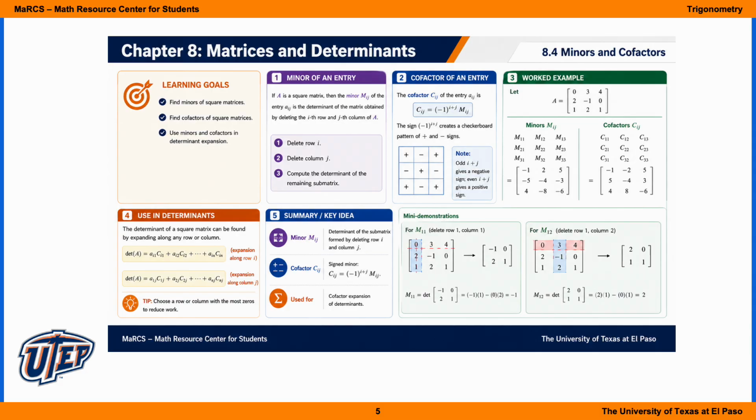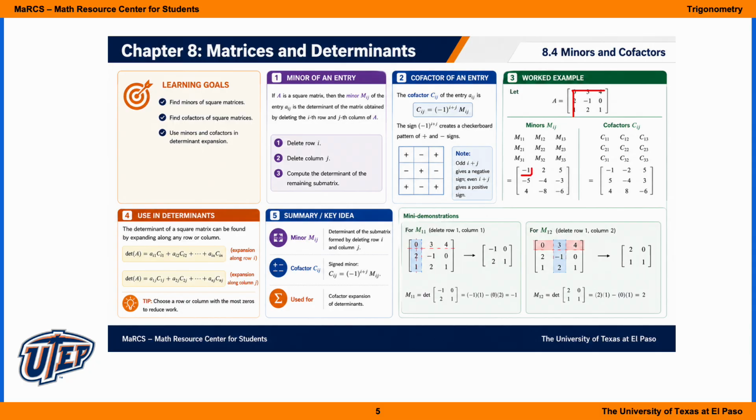plus and minus signs. So here we're given an example where A is a 3x3 matrix. So I will go through finding a couple of the minors and the cofactors. So for M11, we are told to delete row 1 from A and to delete column 1. Now we can compute the determinant of the remaining submatrix, so this portion right here. So then that'll be negative 1 times 1 minus 2 times 0, so that's equal to negative 1,